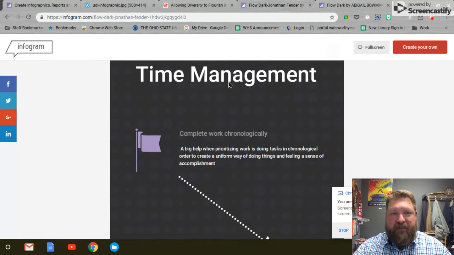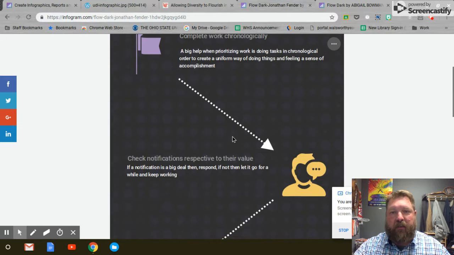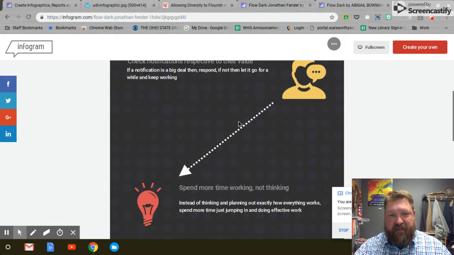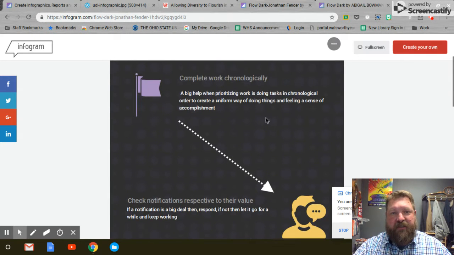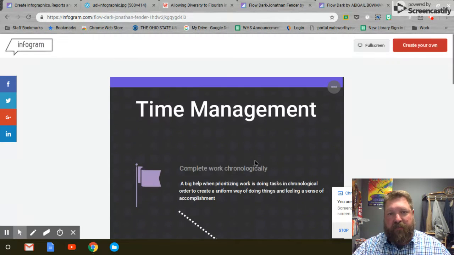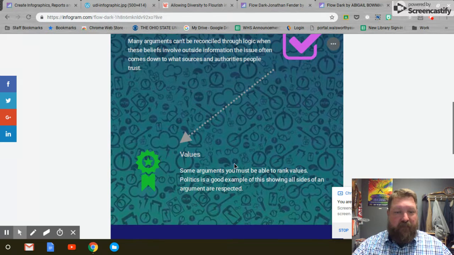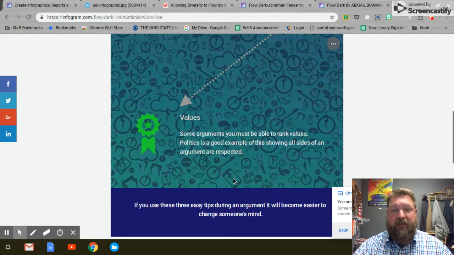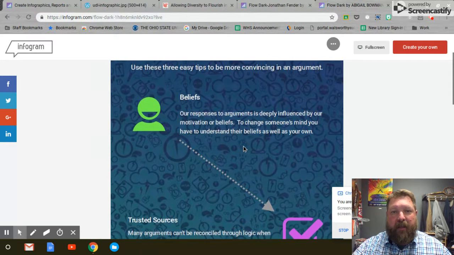A couple of examples from my classroom. I had my students create very, very simple infographics based on a TED Ed talk that they watched. So they had to watch the presentation, and then they had to pull the three main points and put it into a simple infographic with the main idea at the bottom. The kids had a good time doing this. I think it was a nice alternative for them from just writing a report or a paragraph, and it met